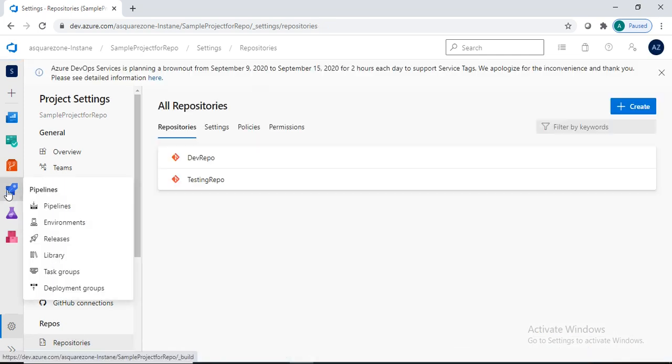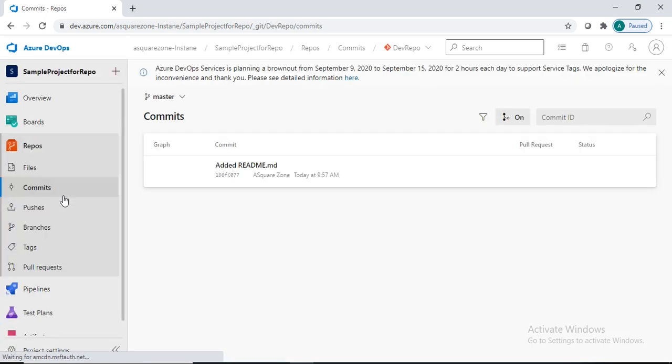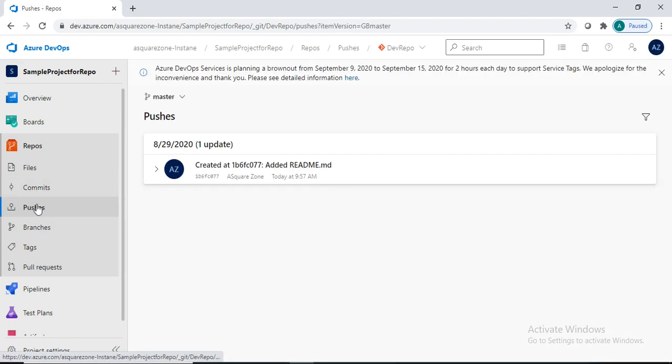And one more thing, here commits list we can see. So we created two repos, and only one time I committed my code. So that is test file. So here how many times we pushed our code, we can see in pushes tab.